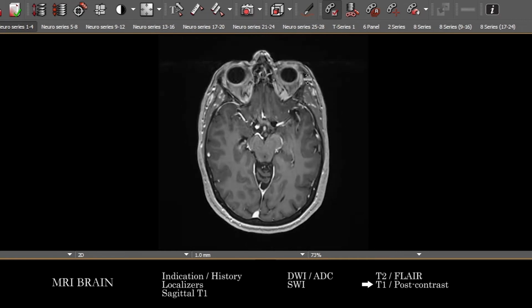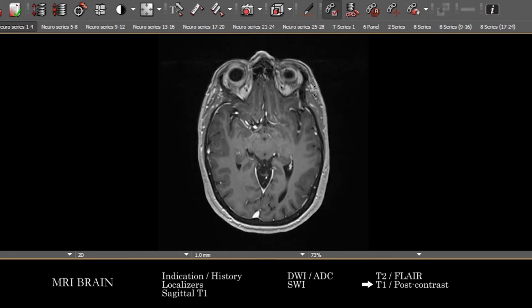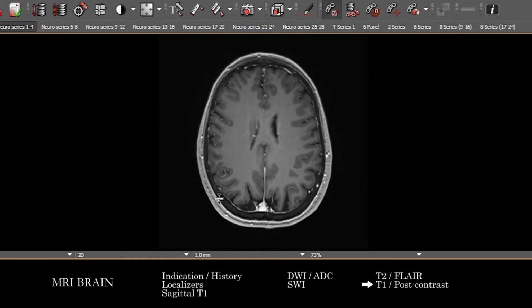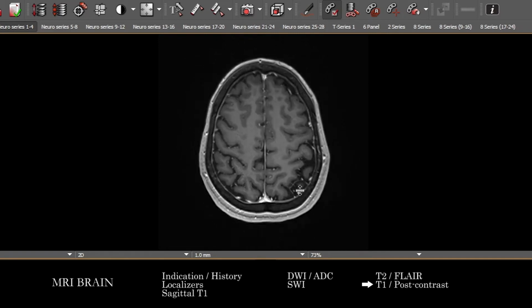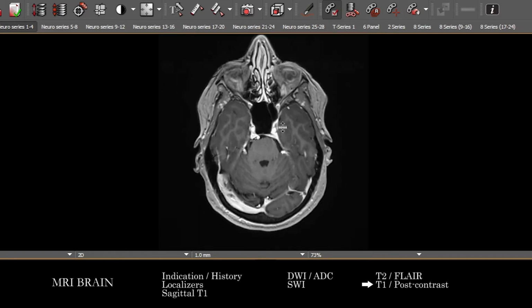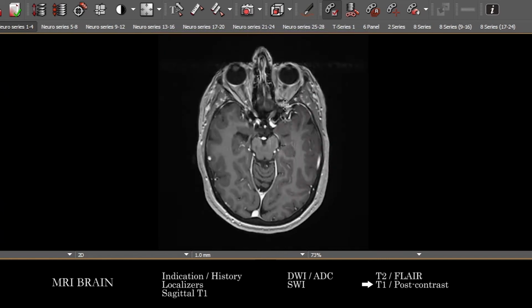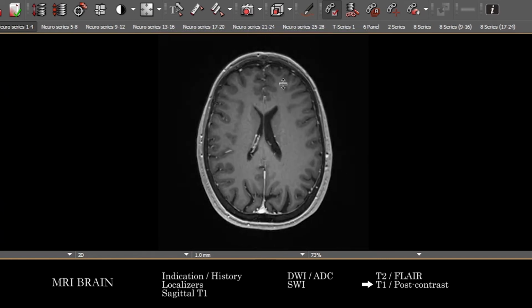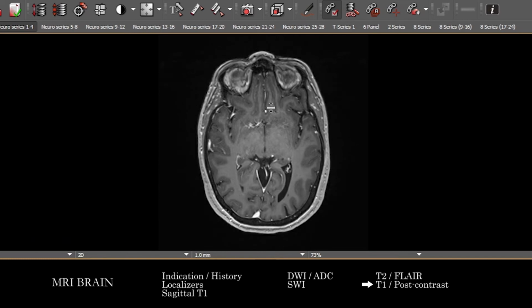And we've got here thin, or rather 3D isotropic post-contrast T1. This is a GRE sequence. You can notice that the calvarium is a little bit darker, with a slight kind of signal loss related to the gradient echo technique. And so basically, to not get too much into the weeds,